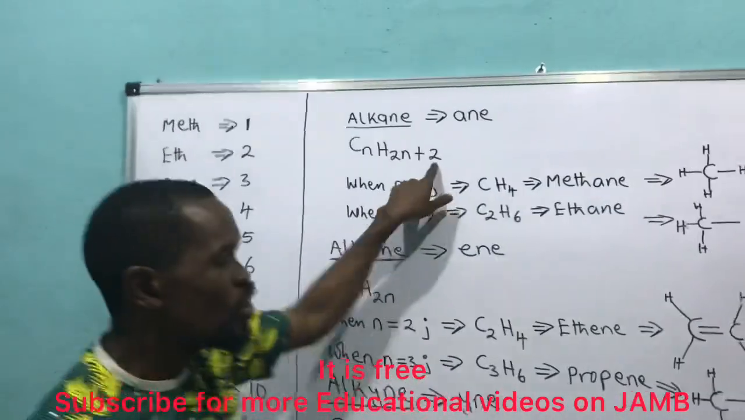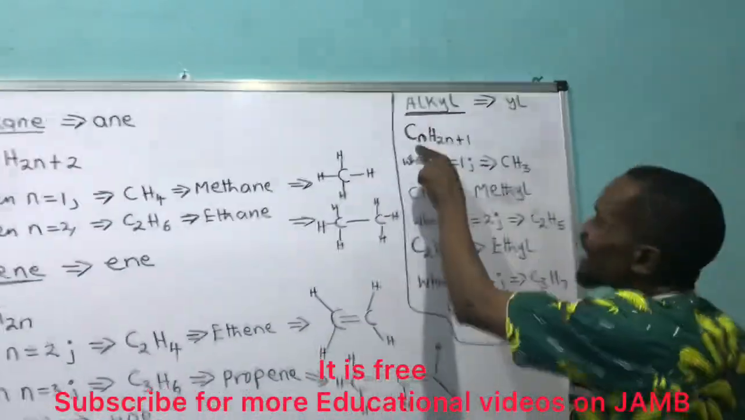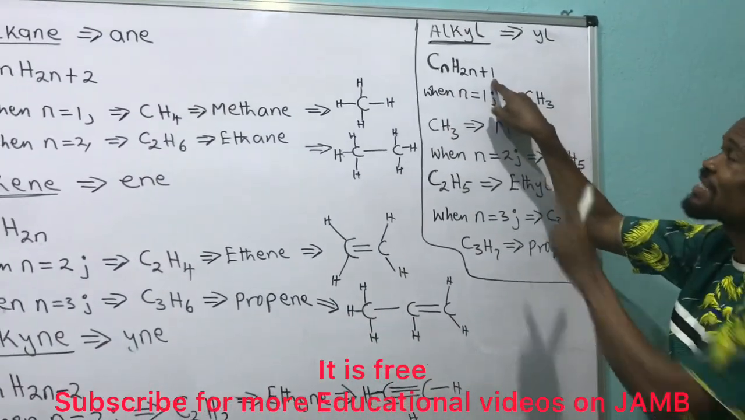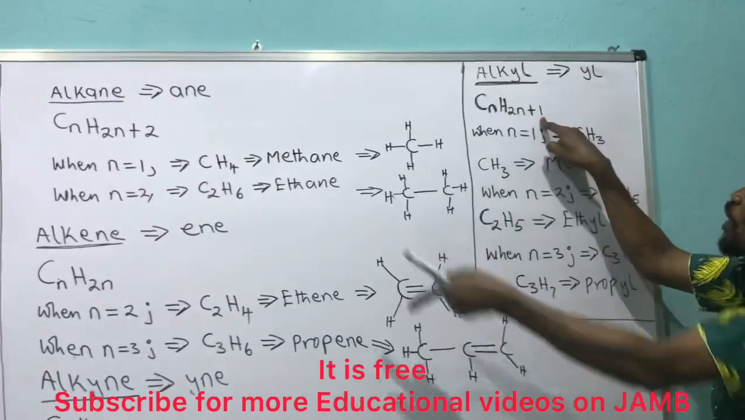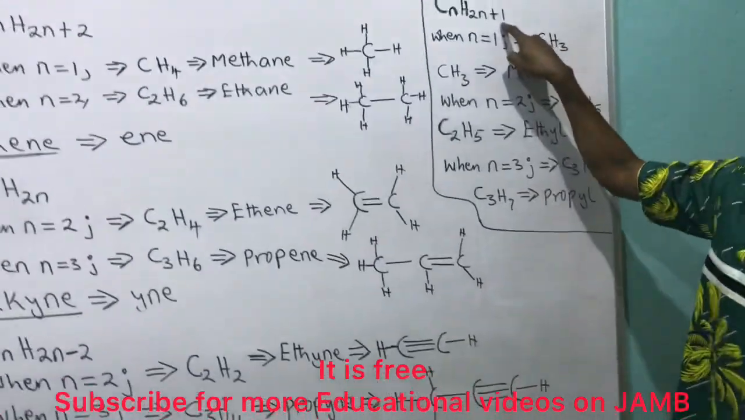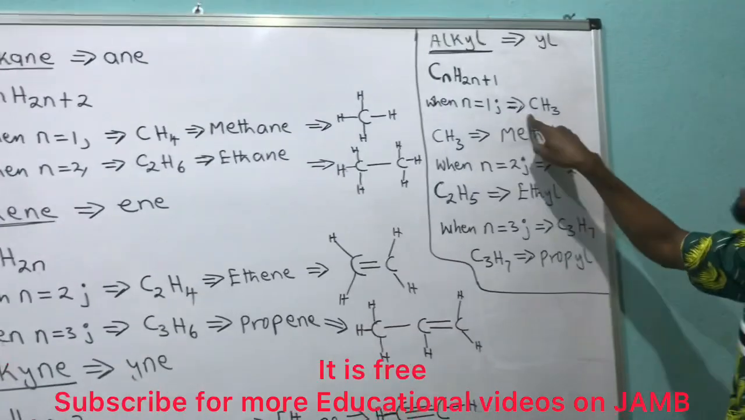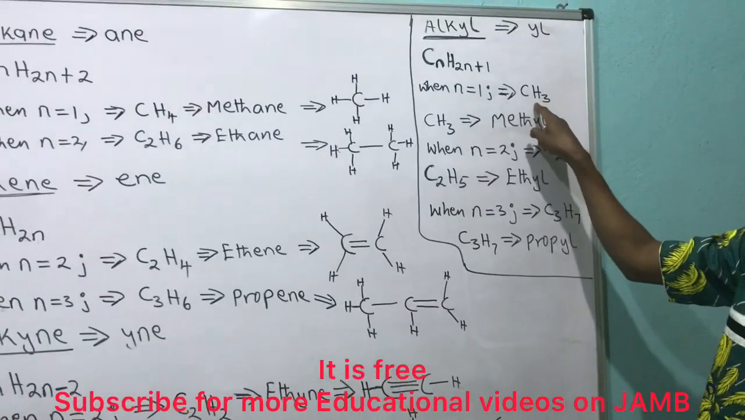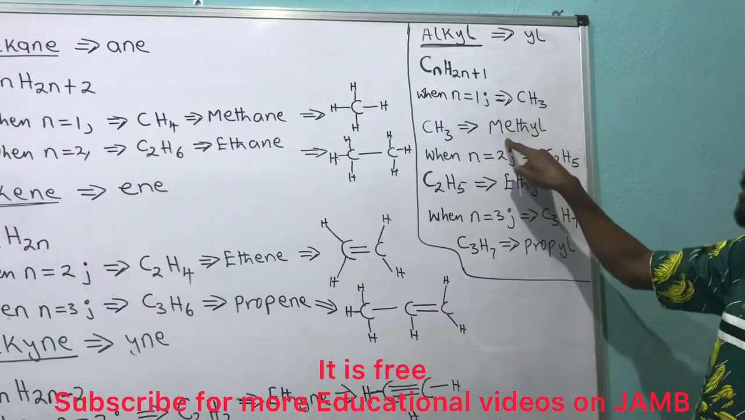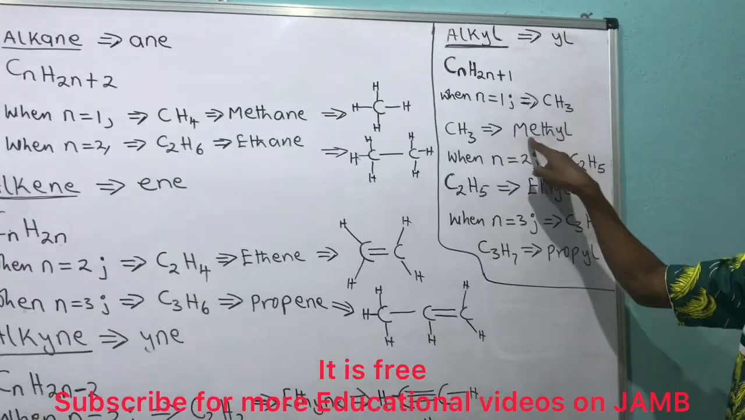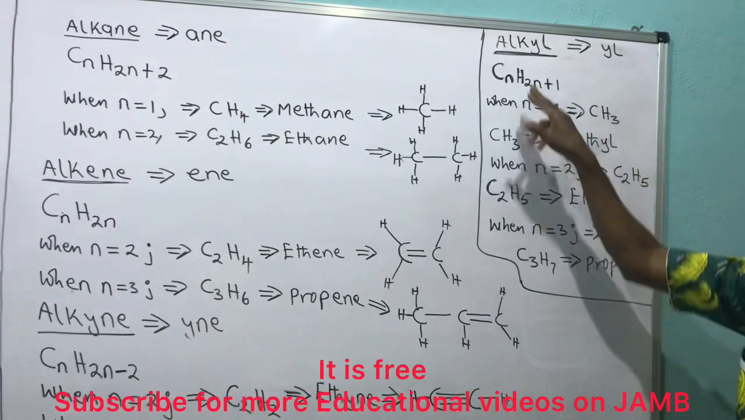This place is 2. Then come here, you see the general molecular formula of alkyl is what? Here is 1. Meaning that when alkane loses 1 hydrogen, we get what? Alkyl group. Then when N equals 1, we have this, which we call what? Methyl. That's the first member of